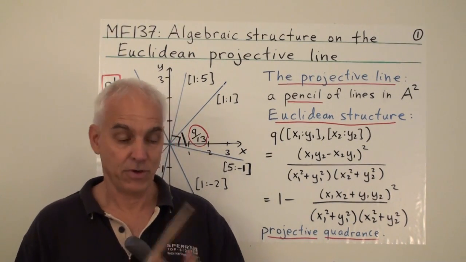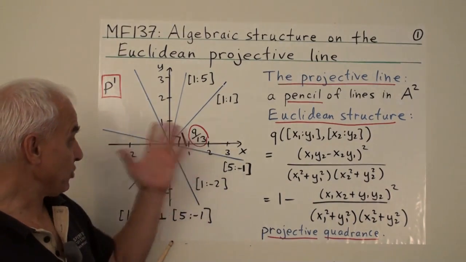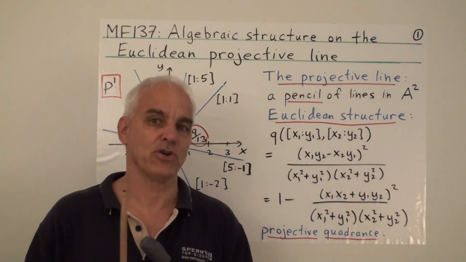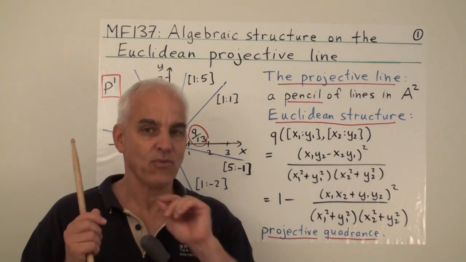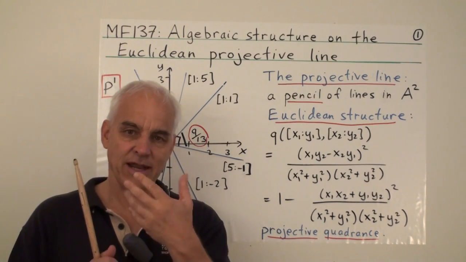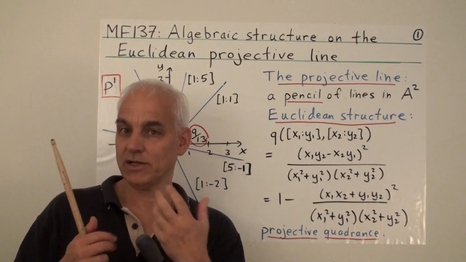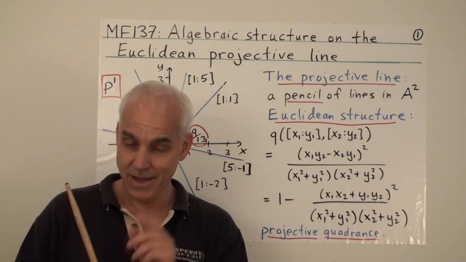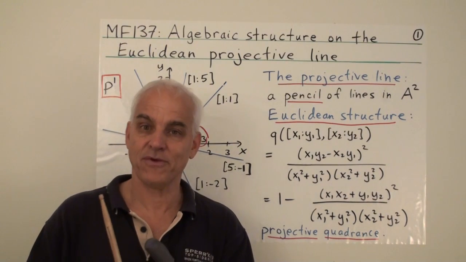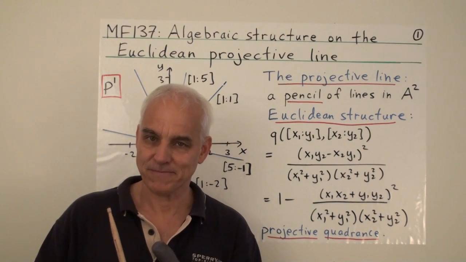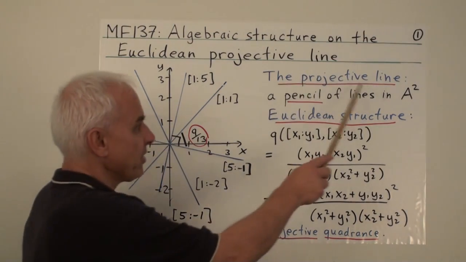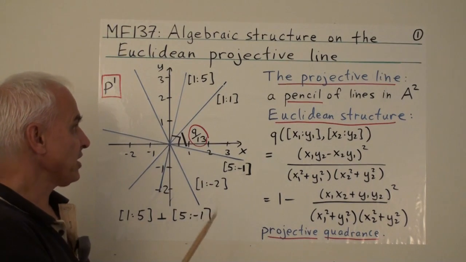And we're going to see that if we just observe what's going on, naturally a lovely algebraic structure emerges on this one-dimensional projective line. So even though it's a very simple situation, it ends up having an algebraic structure as well as a geometrical one. And it will be an algebraic structure that will look quite familiar to you, especially if you've had some familiarity with complex numbers.